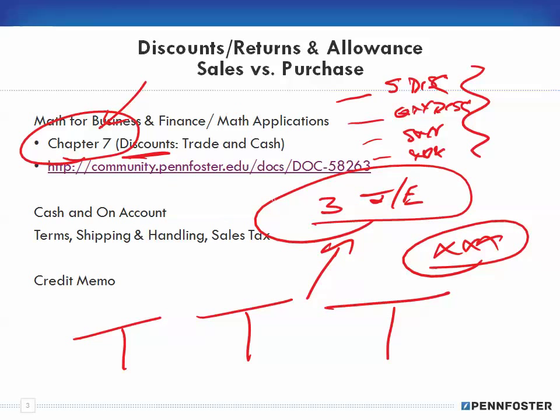So notice that I'm talking in this particular spot about sales, but like I said, it's just the opposite for purchases. Sales is when you sell something. Purchase is when you're buying something as a cost of goods sold. You're buying something for inventory for you to be able to resell. So everything that applies to sales, it's just the opposite for purchases. You purchase something, okay, you're having your money go out, and yeah, when you get a credit, you're going to get credit back, but you have to